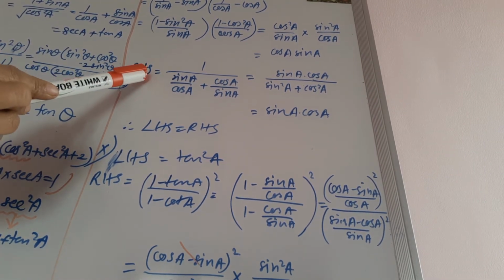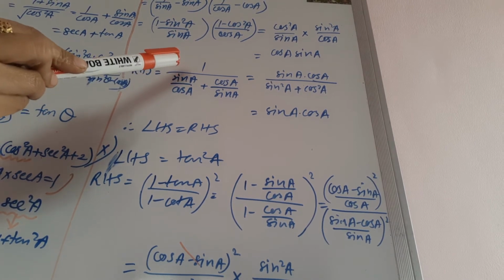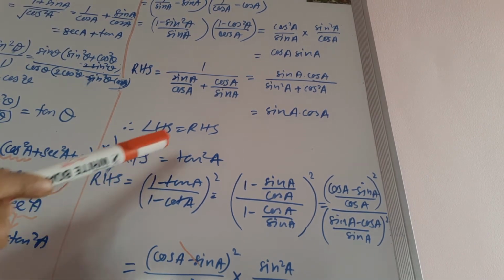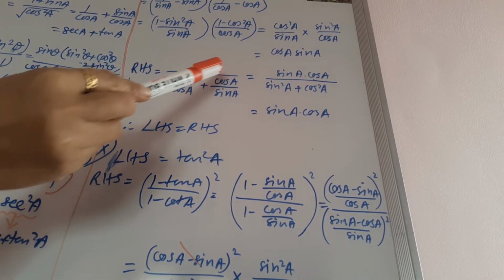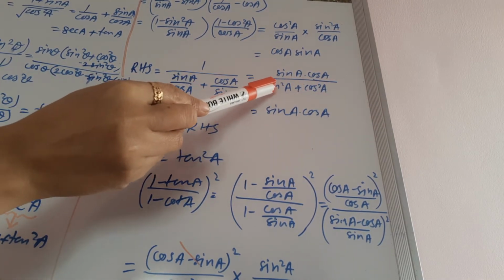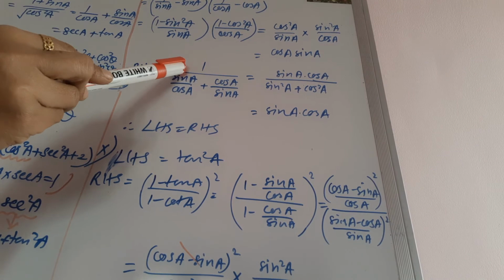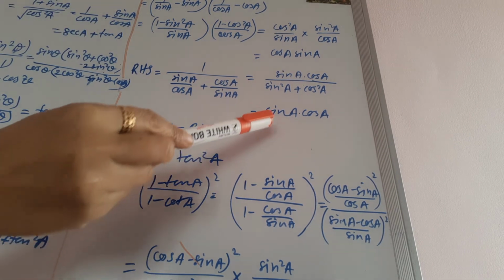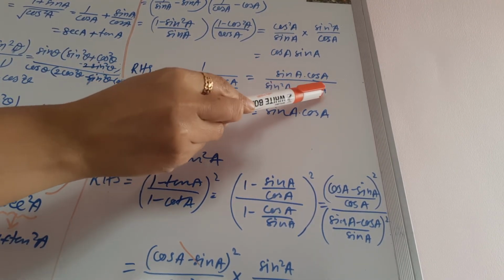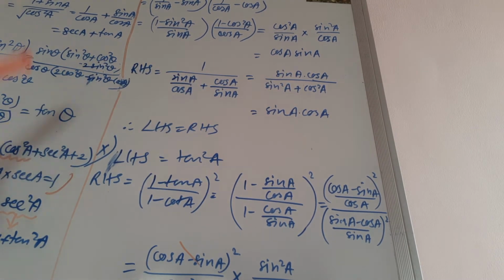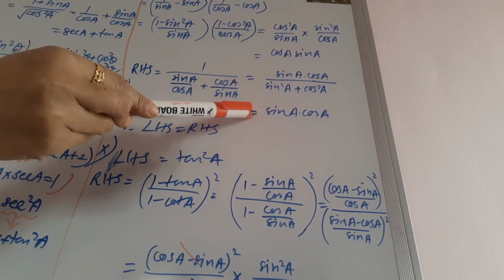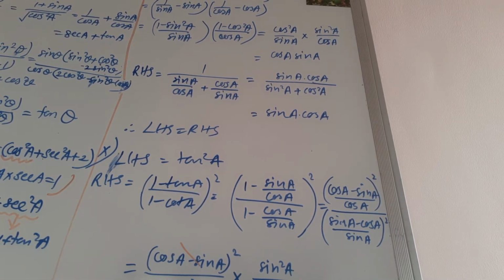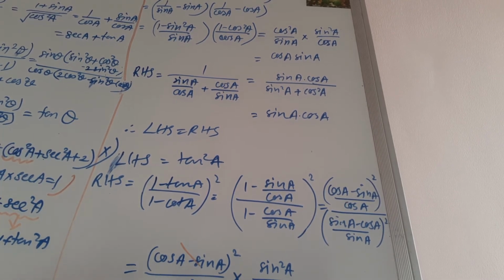Same way we are going to solve now right hand side, and instead of tan we are going to put sin by cos, and instead of cot we are going to put cos by sin. So now after solving we will get sin square A plus cos square A in the numerator. Okay, and in the denominator of the denominator, we will get sin A into cos A, and that will go up to the numerator. And we know that sin square A plus cos square A is equal to 1, and hence we will get this one. So now when we have solved both the left hand side and right hand side, we can see that we are getting the same simpler form, and hence we can say that both are equal.